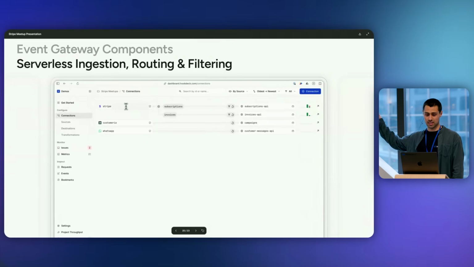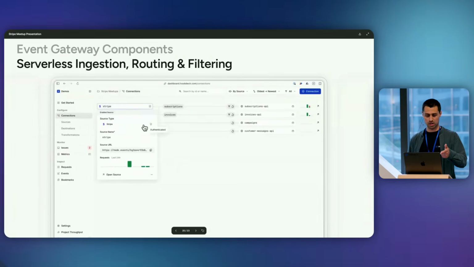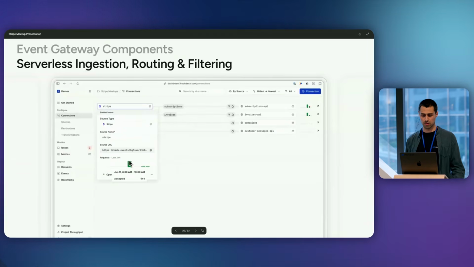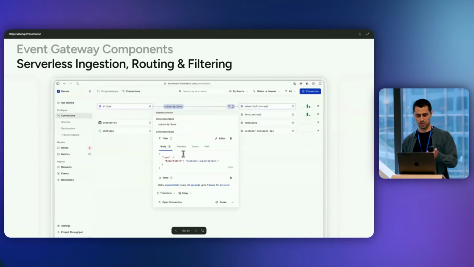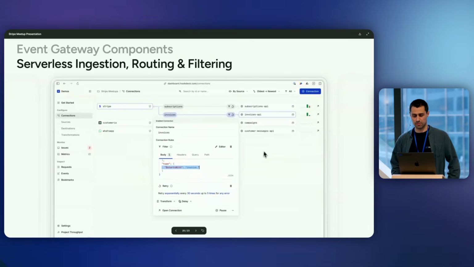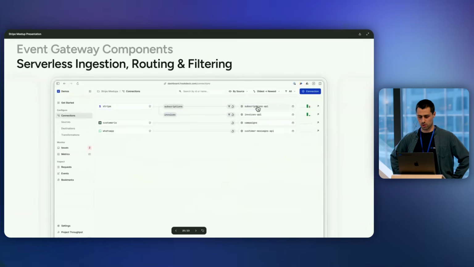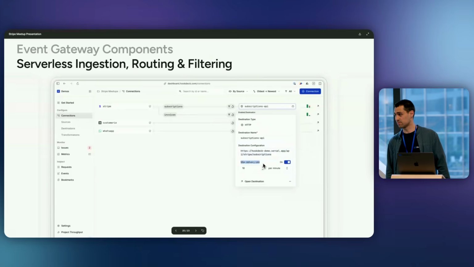This is what it looks like in the dashboard, right? So you can visually see what we just did in Terraform. So I have Stripe. I can see that the authentication is enabled. There are some historical events on my Stripe source. And then I have my 2 connections with the filters for the customer subscription here, and then the other one for the invoices, right, which is what we had in Terraform. And then the last point is going to be my destinations. And so my destinations are just the HTTP URL where my server lives and my business logic lives. And Hookdeck itself is serving as my queue, right?